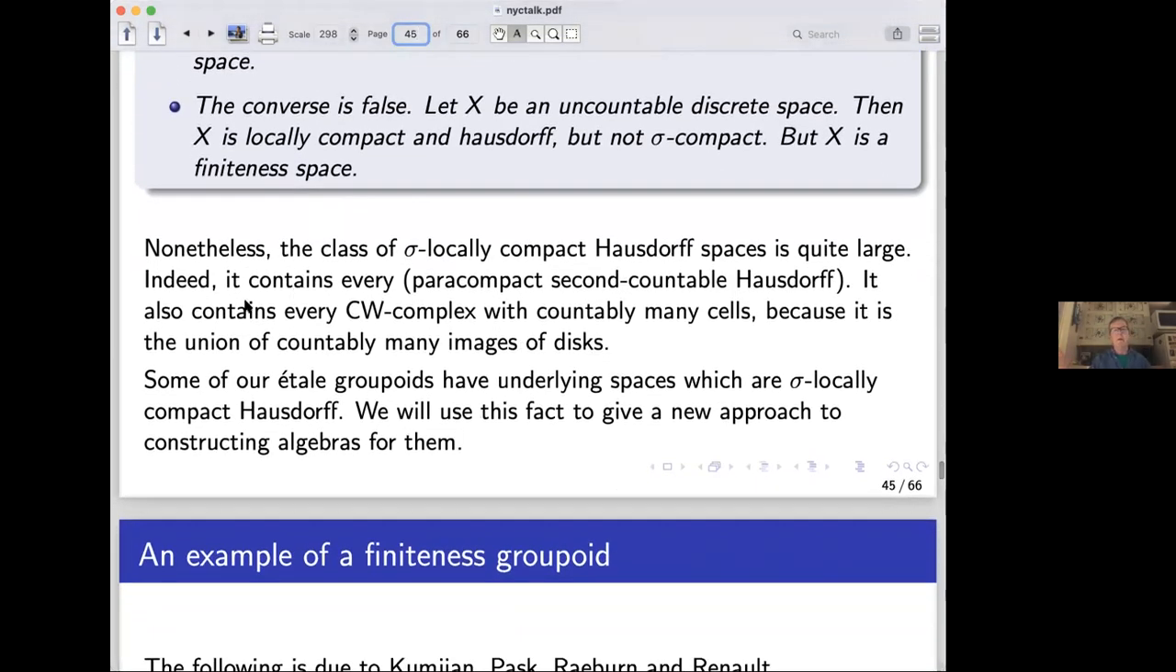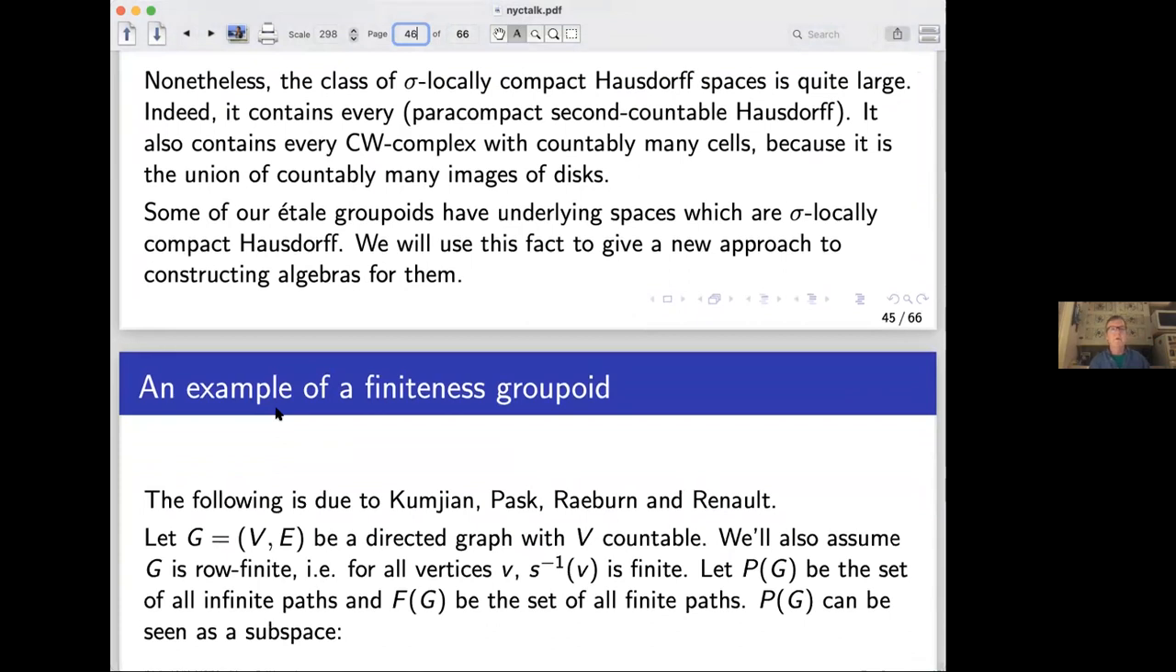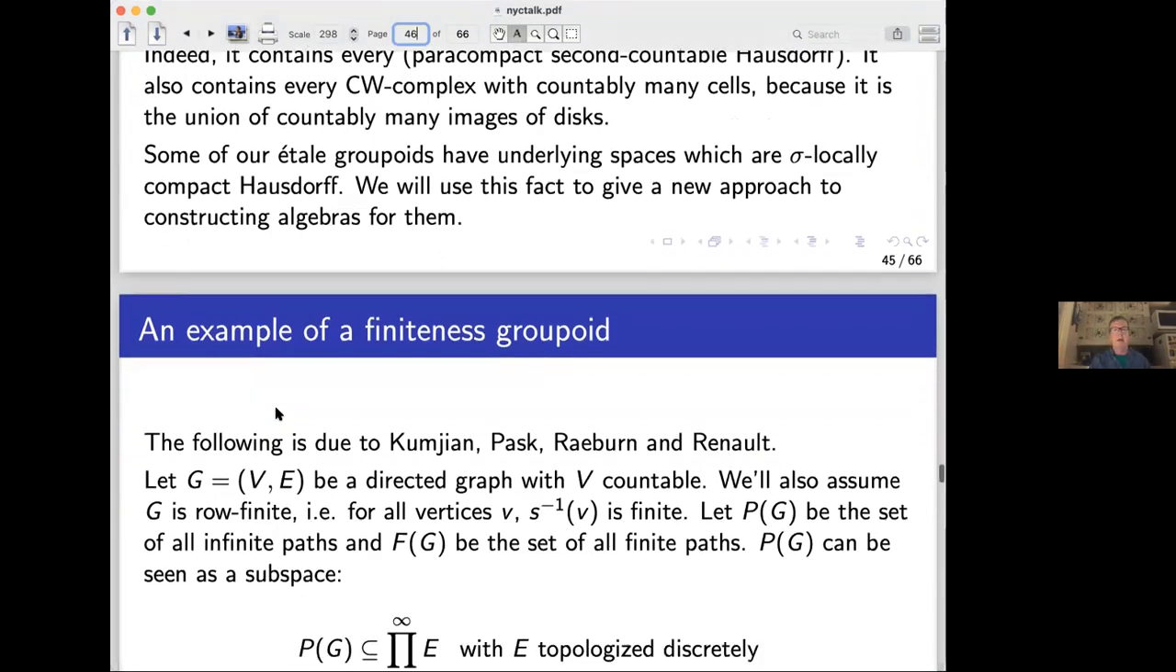And here I just argue that this is a pretty large class of spaces. So every CW complex with countably many cells is there. Lots of spaces are there, but it must be said lots of spaces are also not there. So here's an example of an important groupoid to functional analysts, which does satisfy sigma local compactness, and for which by the above we can get an